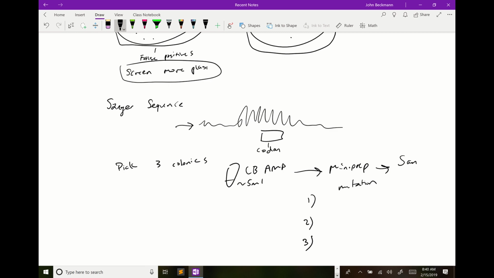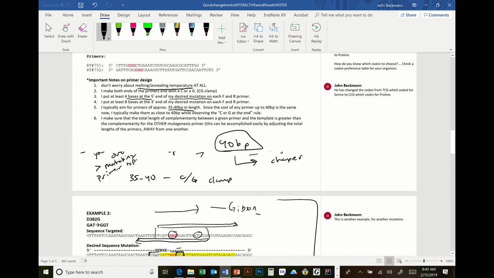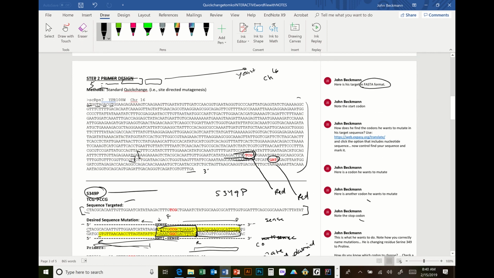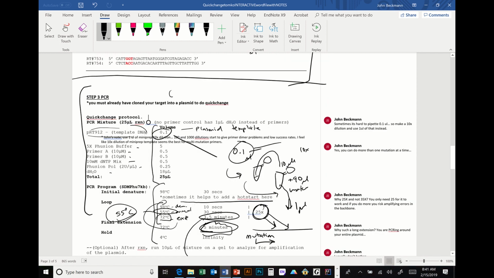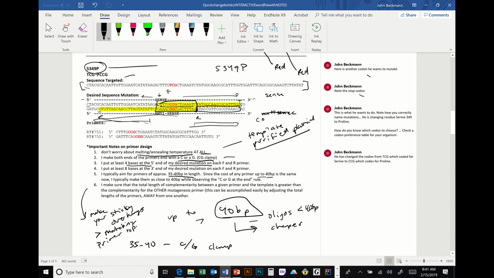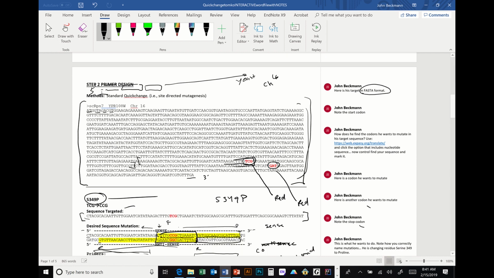The way that you can do that is actually really easy. All you need to do is get your sequencing file, which will give you a FASTA format of the sequence. Let's say it looks like this one at the top here. If you pick 3 clones, you'll have 3 things like this. And all you need to do